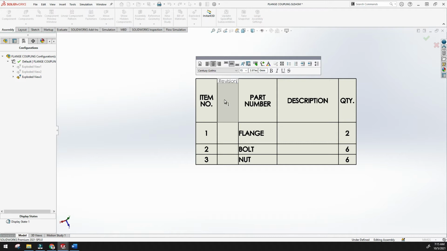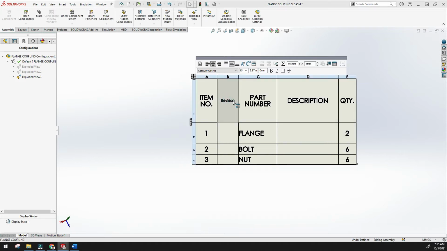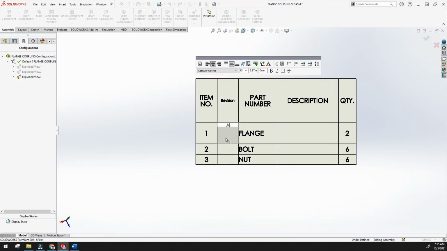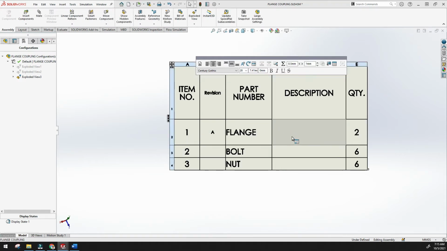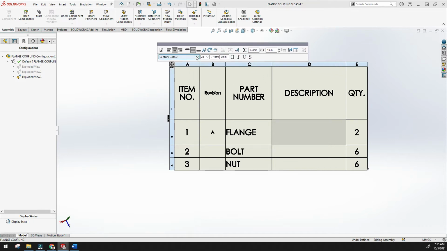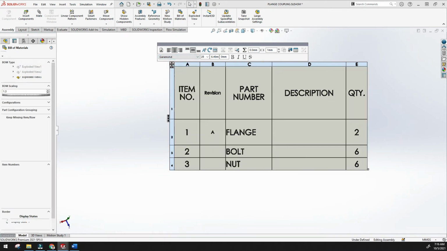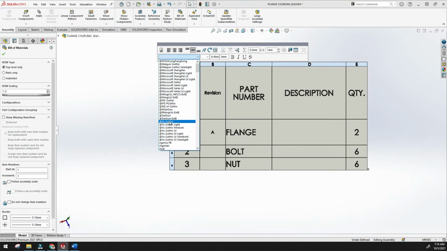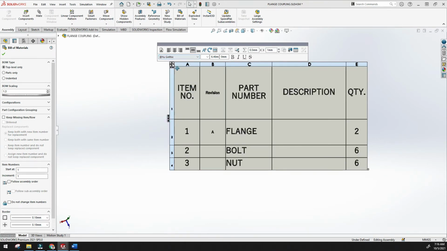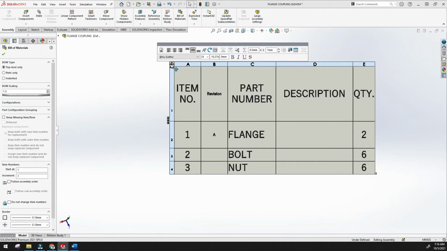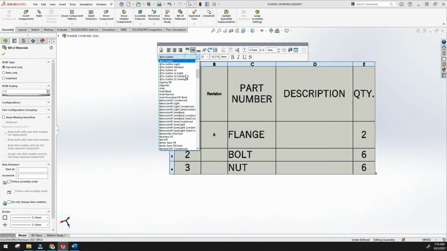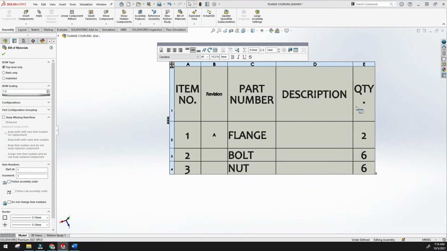See, here is the revision, and then in revision you can make what revision you want to give here. So this is the bill of materials. Okay, here is the different font size you can change. Once you click this, just change. Okay, once you click this, it will automatically select the whole column, whole table, and then you can change.